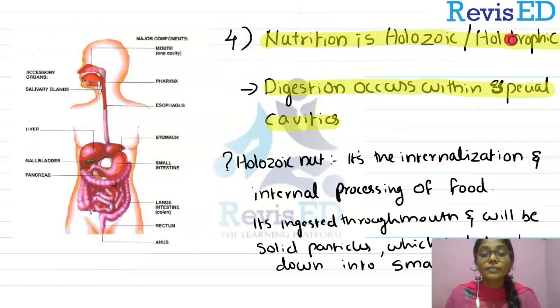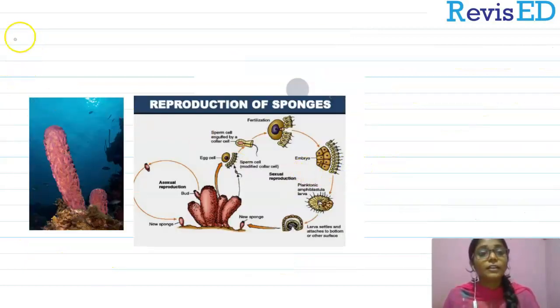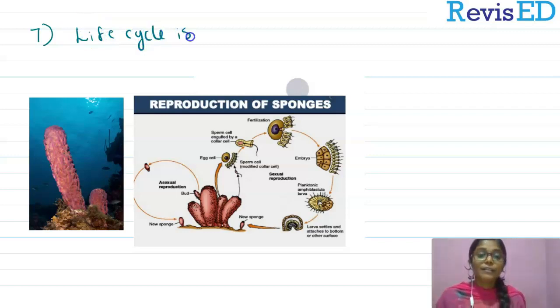Now the fourth point we have discussed is nutrition is holozoic or holotrophic, which is the food is ingested through the mouth and digested inside the body. Now the fifth point was reproduction is generally sexual and gametes are formed in gonads. And the sixth point was a multicellular embryo is formed during the development of zygote. Now we are going to discuss the seventh point, which is life cycle of